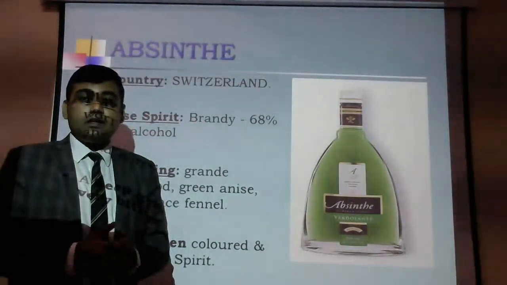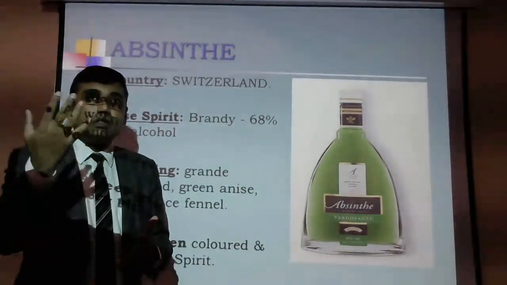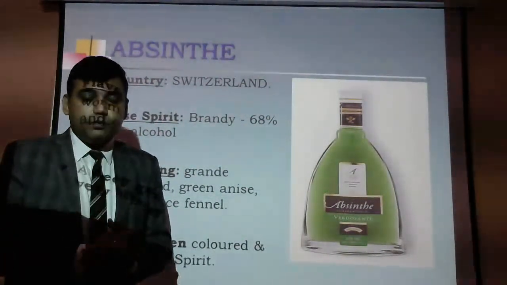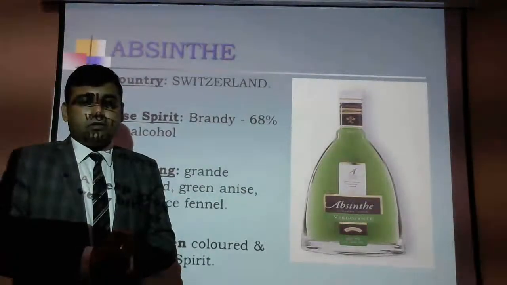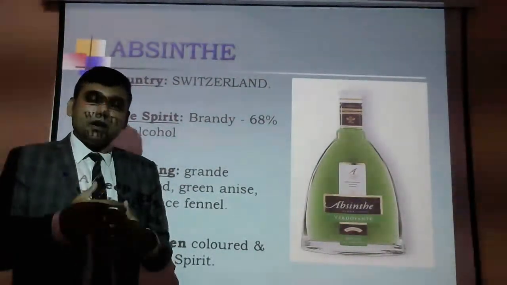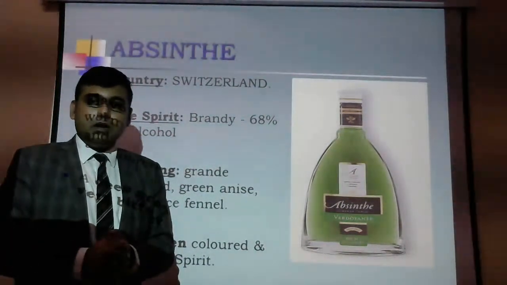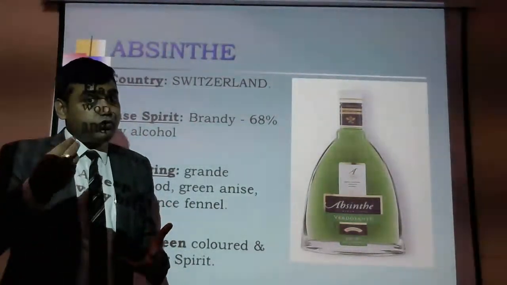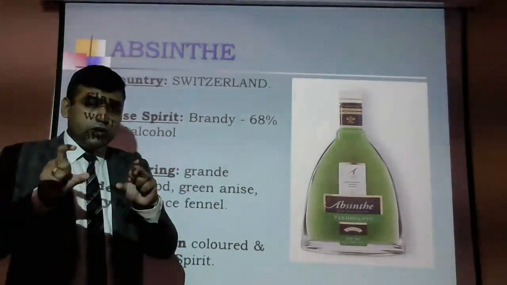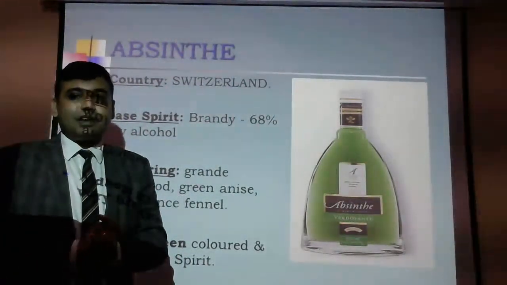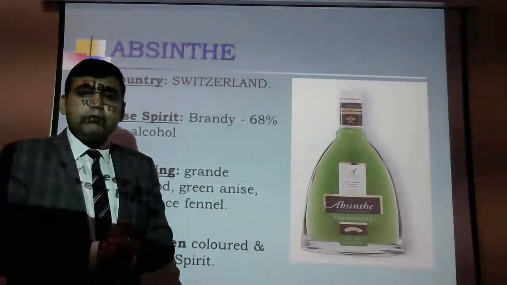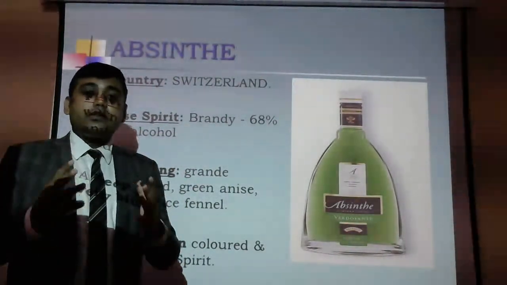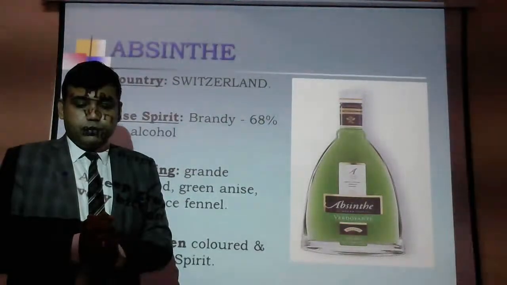So this is why this story is very famous locally, and people are very much obsessed with this green fairy called absinthe. But now, yes, of course, people do drink this after the meal. As you know, star anise is a good addition. It is reduced now to a strength of 60 to 65%, and there is a way of serving this drink. Now, how do you serve absinthe, right?